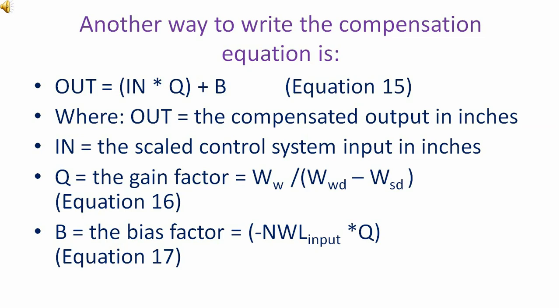In is equal to the scaled control system input in inches. Then Q, the gain factor, equation 16 is defined as shown. B equal to the bias factor, minus NWL input multiplied by Q,